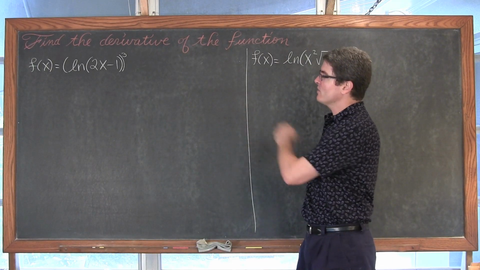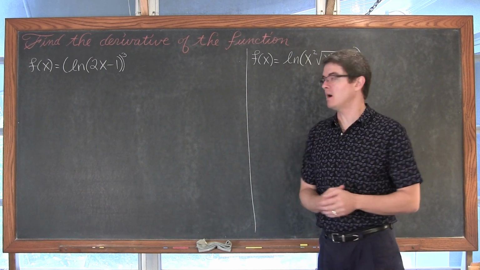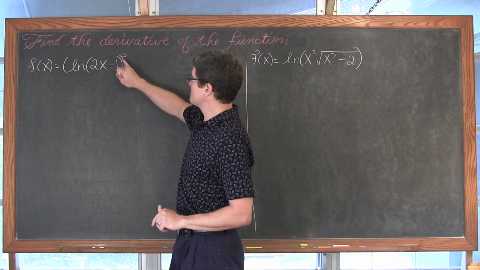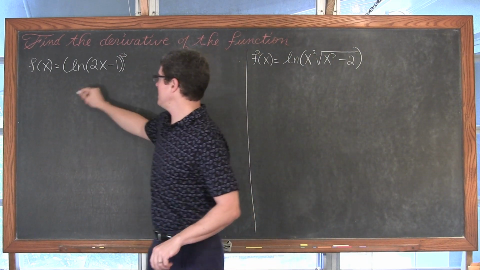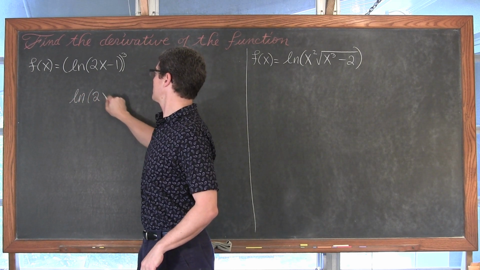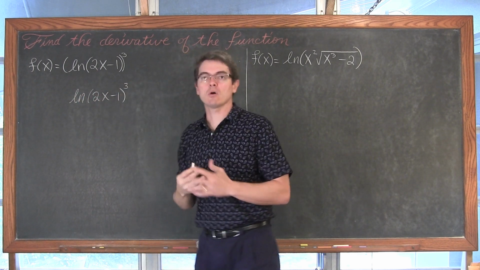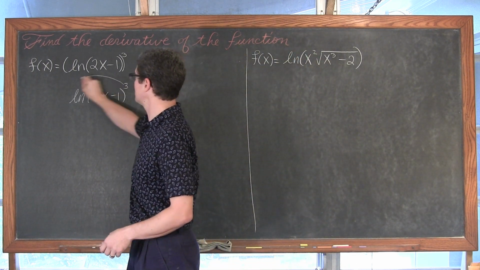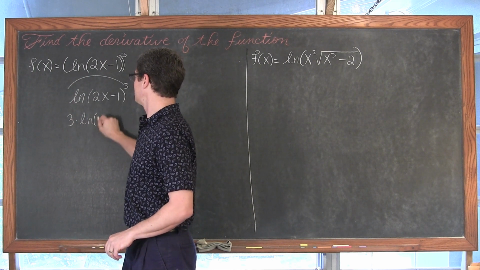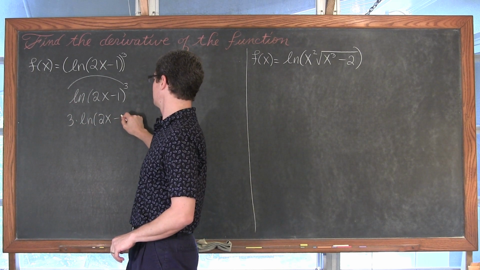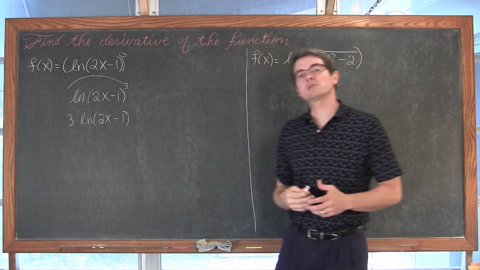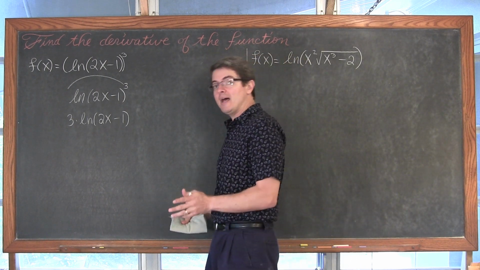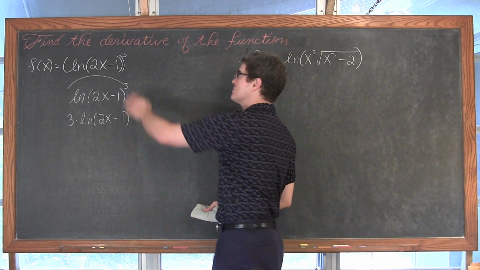Okay, so we have over here the natural log of 2x minus 1, cubed. Pay attention to where this parenthesis is, because if it was the natural log of 2x minus 1 to the third power, then we would be able to use some of those properties of logarithms that I talked about, which is we could take this 3 and move it out front and write it as 3 times the natural log of 2x minus 1, which would maybe save us from having to do the chain rule. But we don't have that option, and actually we're going to be using the chain rule to find the derivative of this problem.